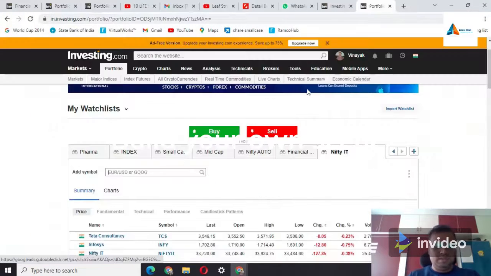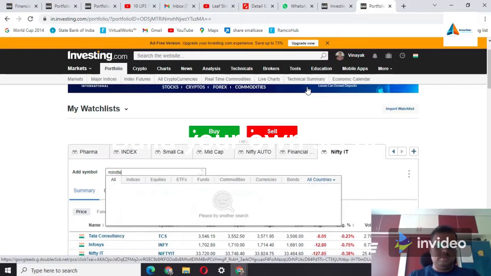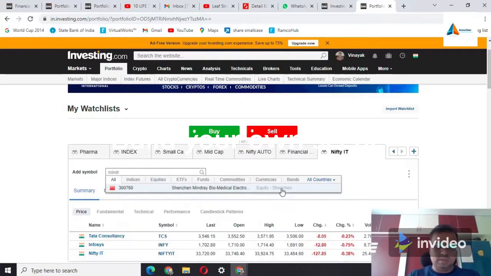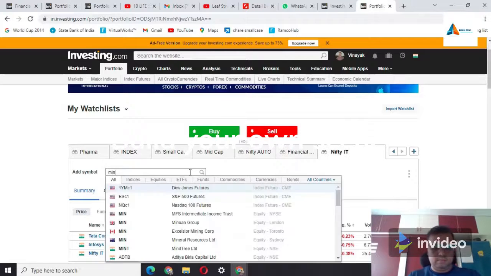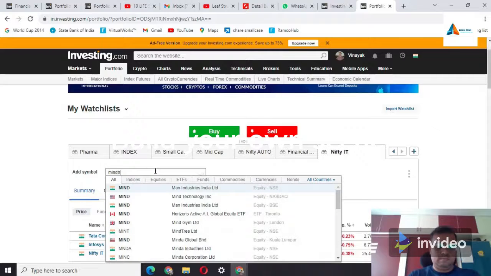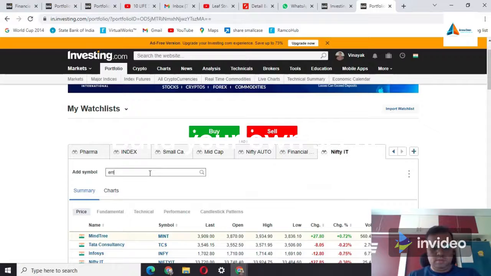Mphasis and Mindtree, Mindtree, sorry. So Mindtree, Mphasis,